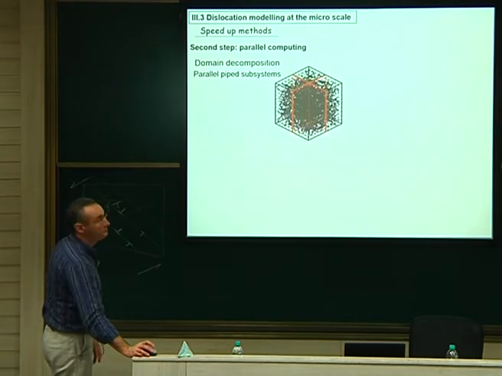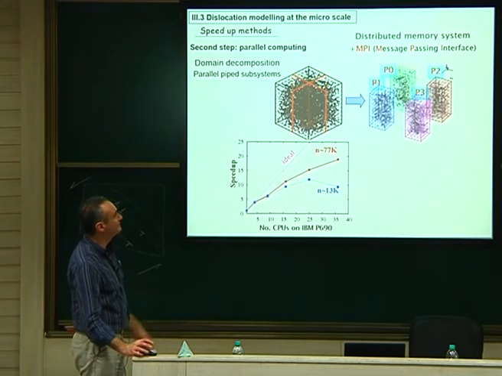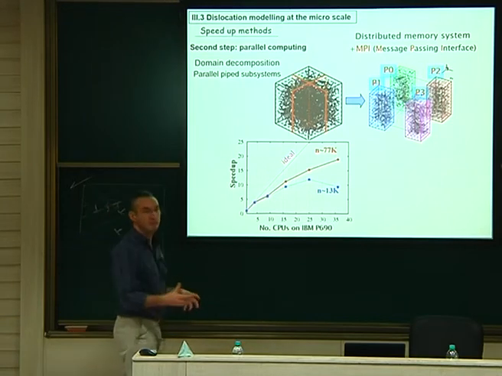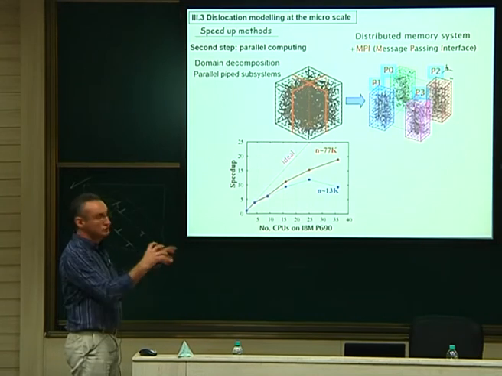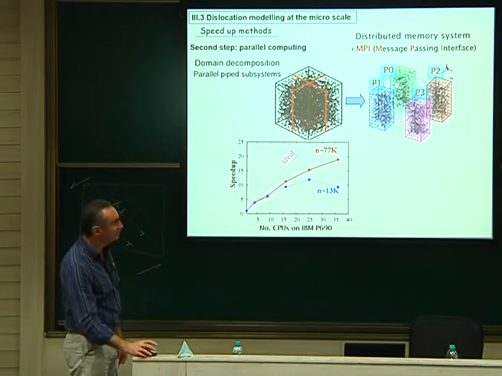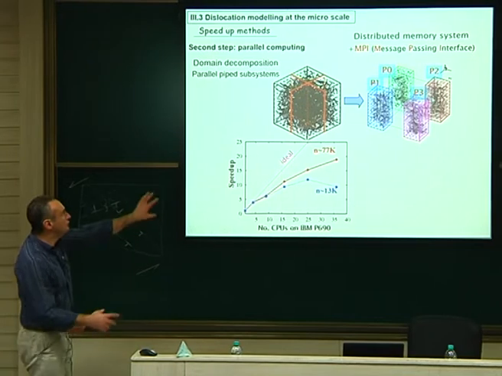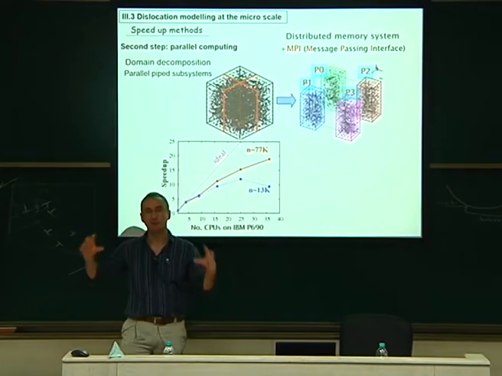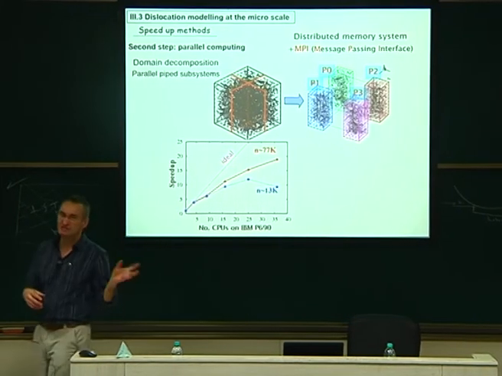Okay, so this was what I said. And now for the parallel computing, how to make this parallel. We split the domain into subdomains like that, and we split them across several processors. Using MPI, you all know Message Passing Interface, to communicate between the nodes, we need to define how to transfer the information at the interface, what happens at the common part of the nodes. I didn't detail it here, but what we do is, first we do things that could be separated, and then we do the things that could not be separated at once to make it parallel. So this is not very efficient.